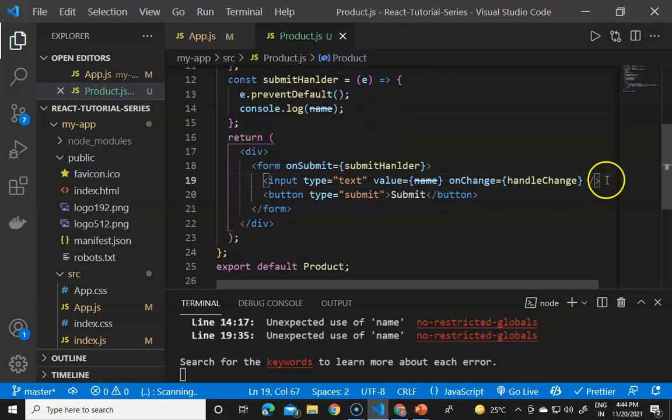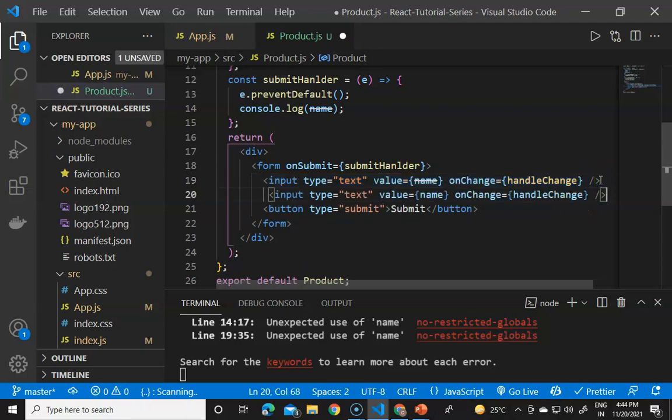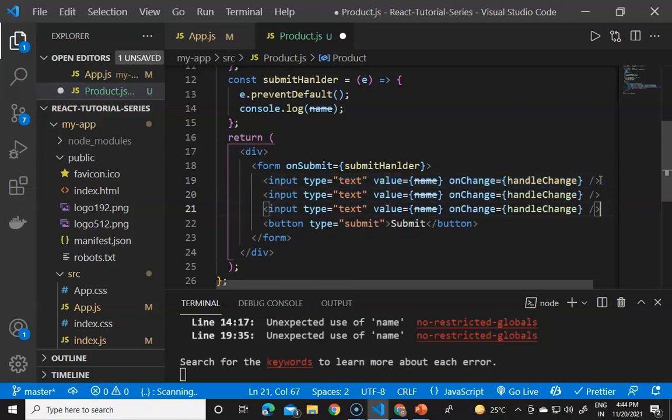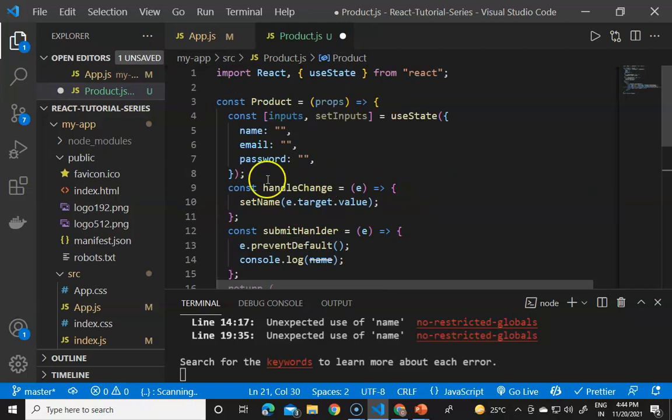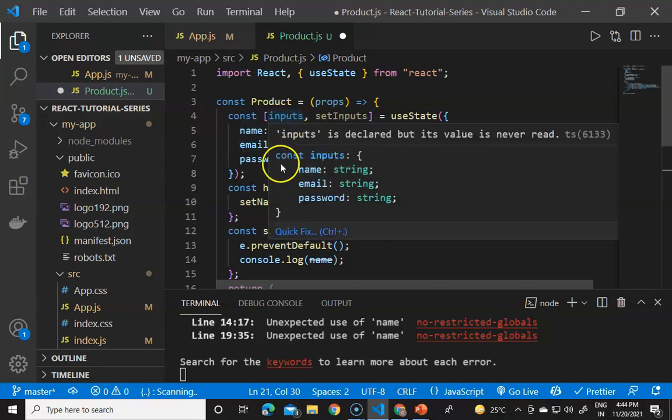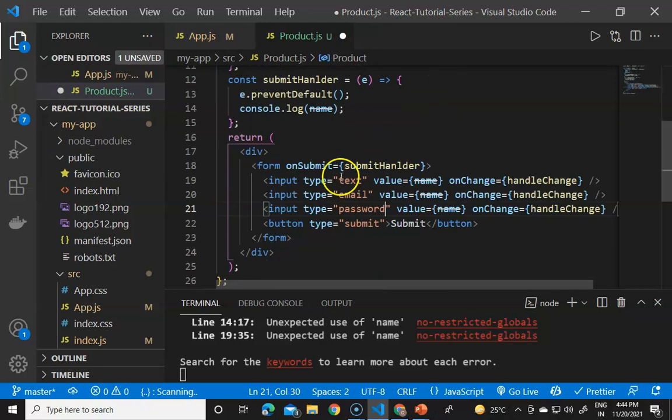And then we have to provide some changes in the form, like we have to give the 3 input fields now after this. So the input field 1, 2, 3, and first we have to type the text, then email, and then we have to type here the password. And then we have to provide here the value. Initial value will be like the inputs.name, because we are now declaring the inputs value with the default value of the name, email and the password.